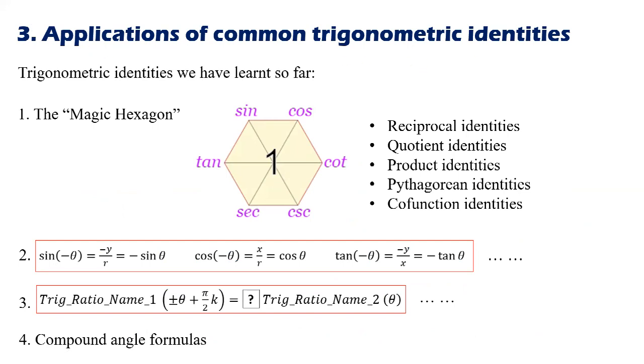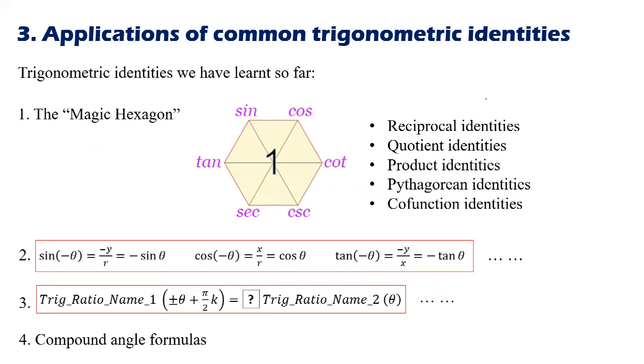Okay, so far we have learned many trigonometric identities, right? There are 3 sets of identities we have learned so far. First one is the basic trigonometric identities, which can be found in the magic hexagon, right? So from this magic hex, we can find the reciprocal identities, quotient identities, product identities, Pythagorean identities, and cofunction